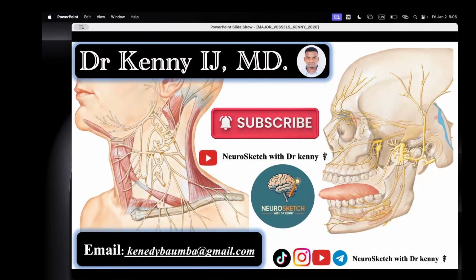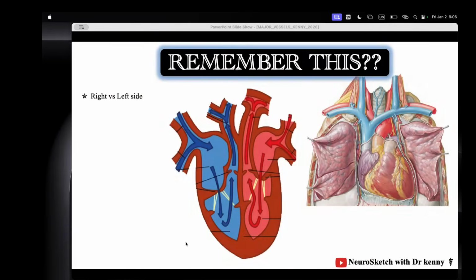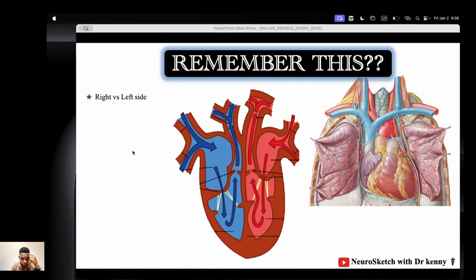We're not discussing the heart itself, but it's always nice to go back to square one, and this is what we want to do: start from scratch. Remember that the heart has two sides. We have the right side of the heart and the left side, and the general rule is